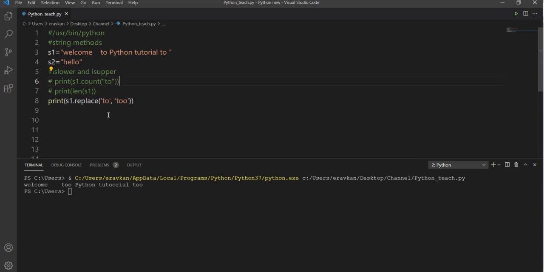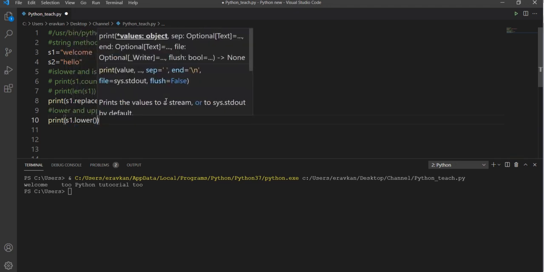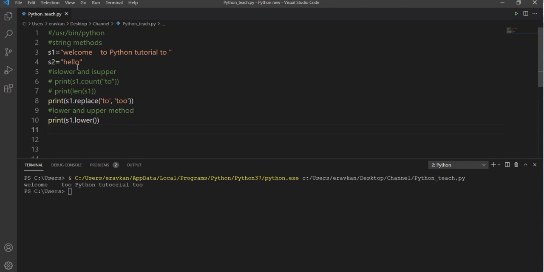Similarly you have the s1.lower and upper methods. If I do print s1.lower, suppose this P is capital, it will convert the whole string into lowercase.